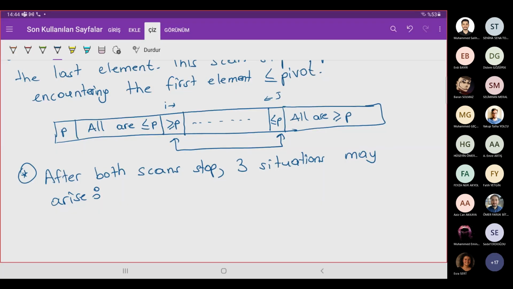So, after both scans stop, three situations may occur. The first one is almost exactly like what we have described here. They haven't crossed. Crossed means I comes from here, J comes from here. This is I, this is J, and they haven't gone like this, okay? I is still less than J. The first one: if I and J have not crossed,